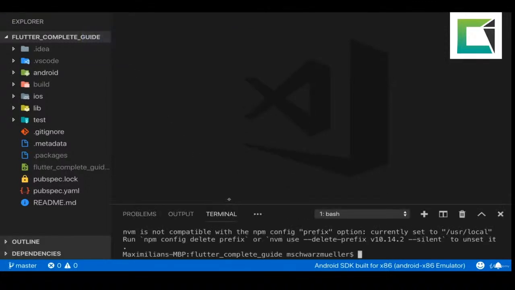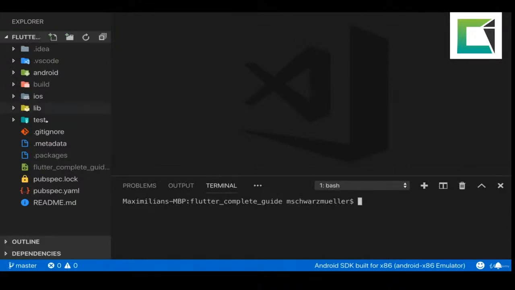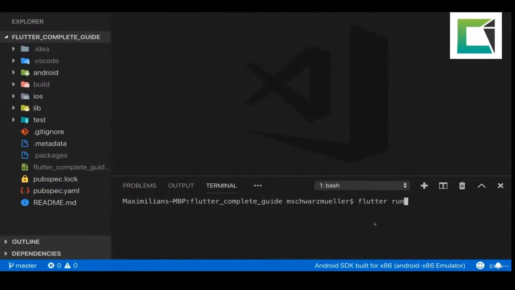And this is now your normal system terminal or command prompt just running inside of Visual Studio Code. And it automatically navigated into this project folder, so you don't have to do this manually with the cd command. Now here you can run flutter run, and it will run your app, and it should automatically find this application here. You could absolutely do that, but with the help of this IDE and the Flutter extension which we installed